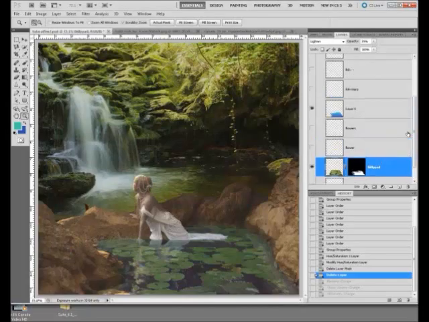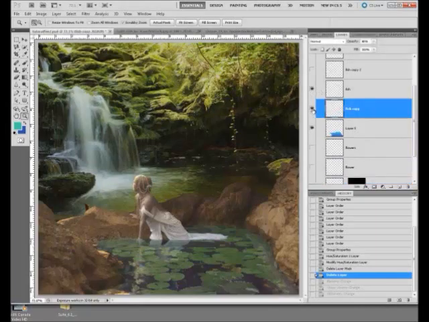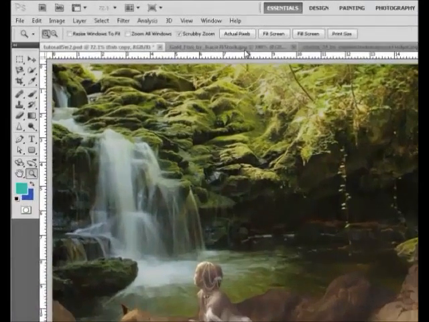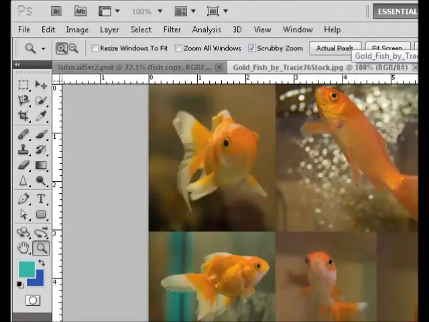I also added some cute little flair to the pond, and I did that in the form of adding fish. So I have all these little goldfish in the pond, and I got these goldfish from this stock image. I particularly like this